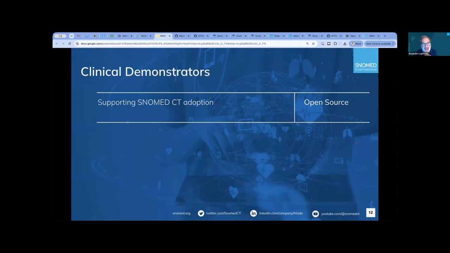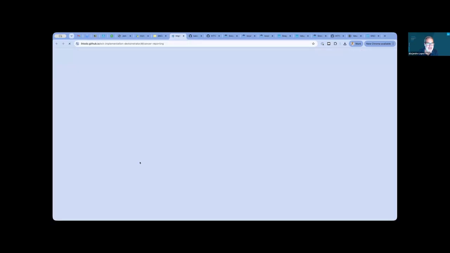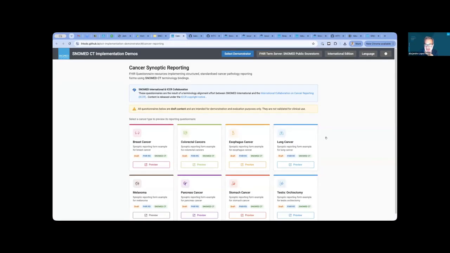So now we can go to the clinical demonstrators part, and we will see a bit like an example of how these AI things will work, but also some other things that are maybe interesting for you. I saw that you have a cancer synoptic data structure presentation later in the cycle. It will be similar to this. I mean, this is really basic, but you will see probably much more advanced and complex.